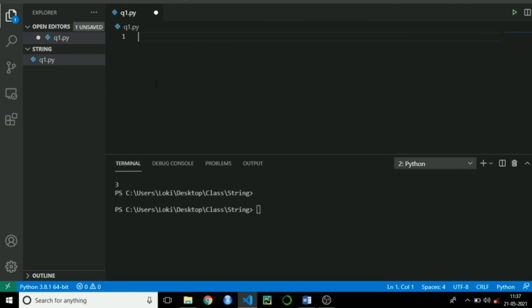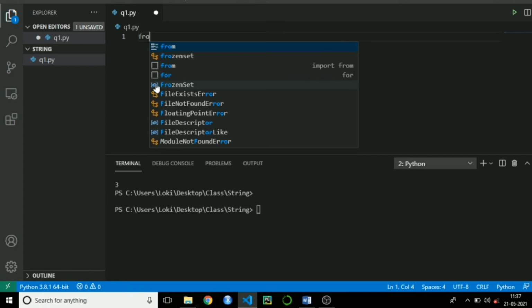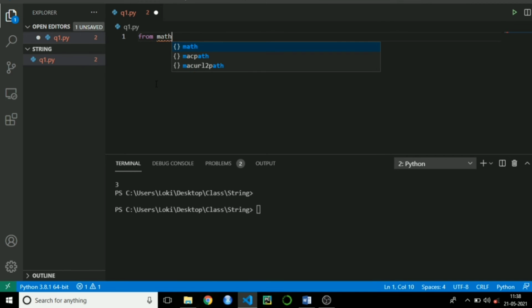I have explained all the code there itself, but I will write the code formally here. First I need to import a square root function to get the square root of a given number. So how can you get the square root method? The square root method can be found in a module called math. So I am going to import that method from the module math. So here I am importing the sqrt function.